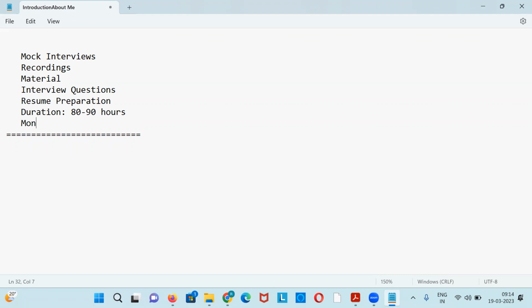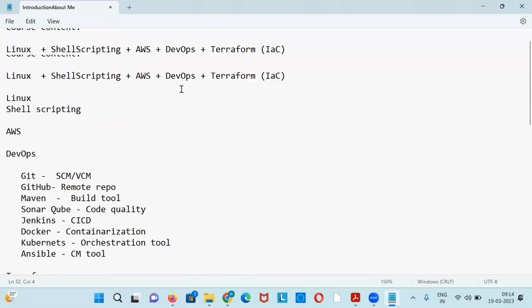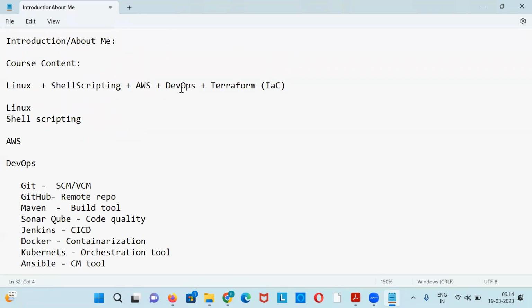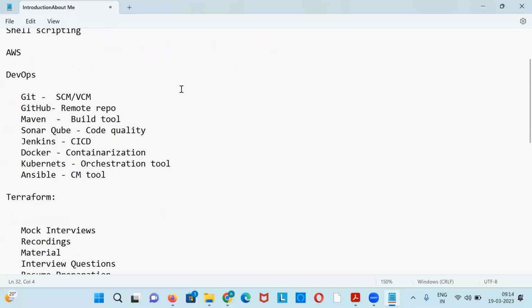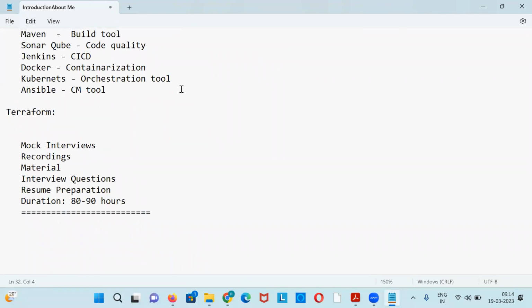So till here this part is mine. Apart from this, you can discuss with the management. Now you can ask me any doubts here.